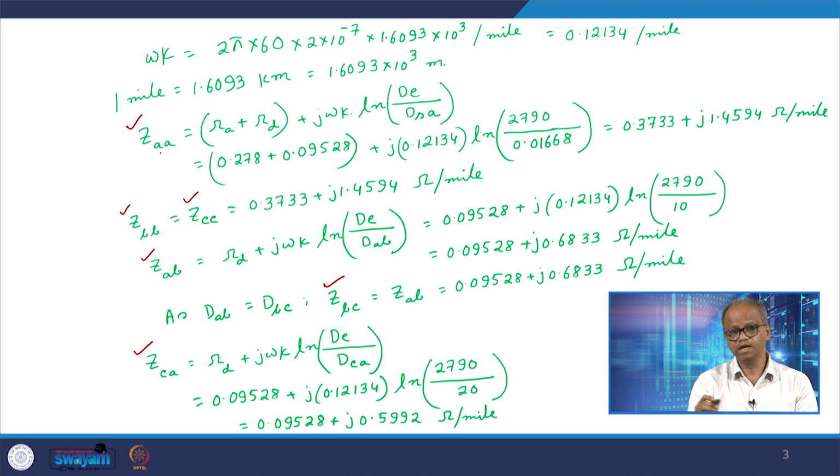So then, ZAA would be nothing but this into 40, ZBB also would be equal to this into 40, ZCC also would be equal to this into 40, ZAB also would be equal to this value into 40, ZBC also would be equal to this into 40, and ZC also would be equal to this into 40 for the entire line. So, if we multiply these values with 40, that is basically the length of the line, and then put them into an impedance matrix,